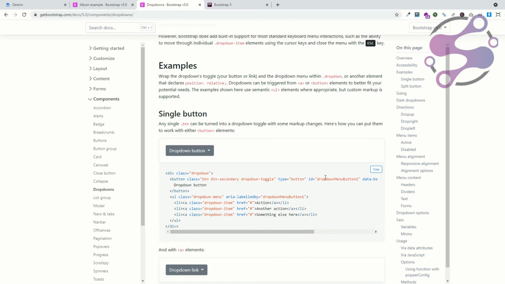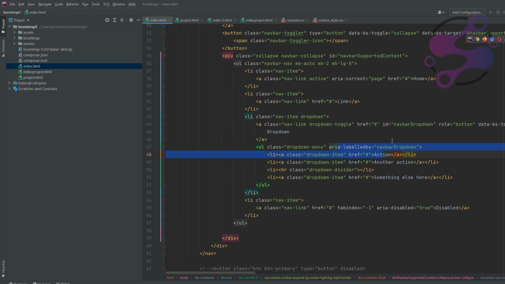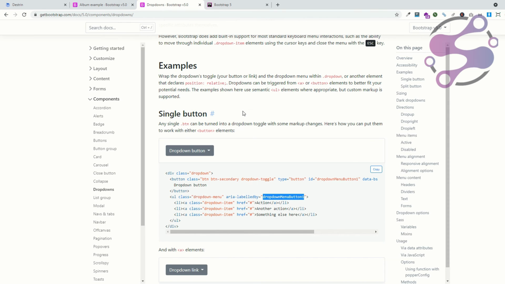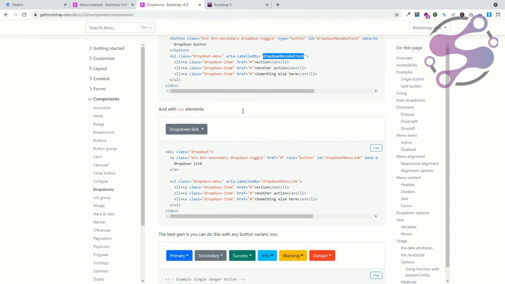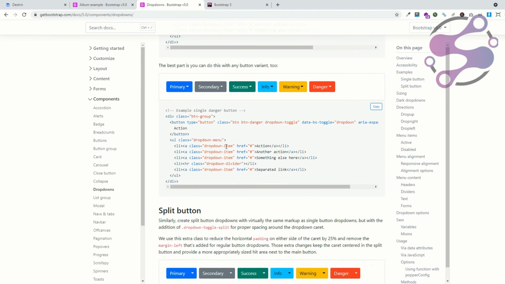Since you are using the same ID here, that's why you are calling the same ID here. So, same ID. Now as you can see, this is the same ID. It's up to you how you are managing your code and how you are using the code. And now as you can see, you can also use the primary, secondary, or any